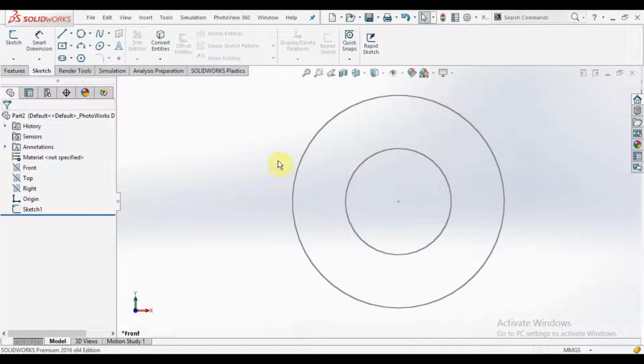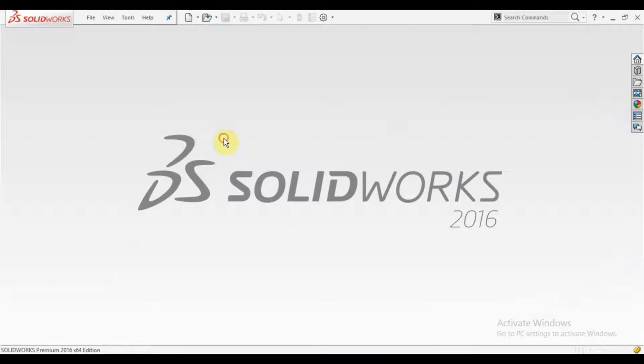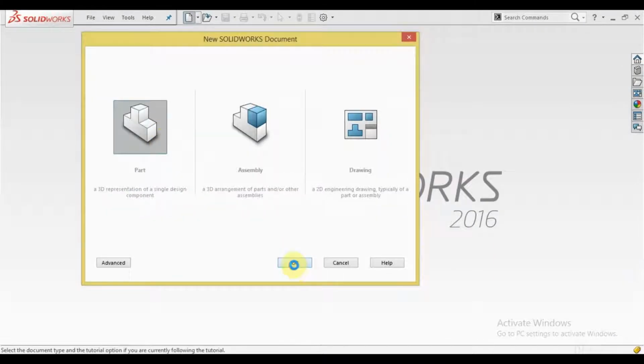Now this circle is 200 mm, you can see here on the bottom side, and this circle is 100 mm. Let's close this window, don't save, and open a new window.